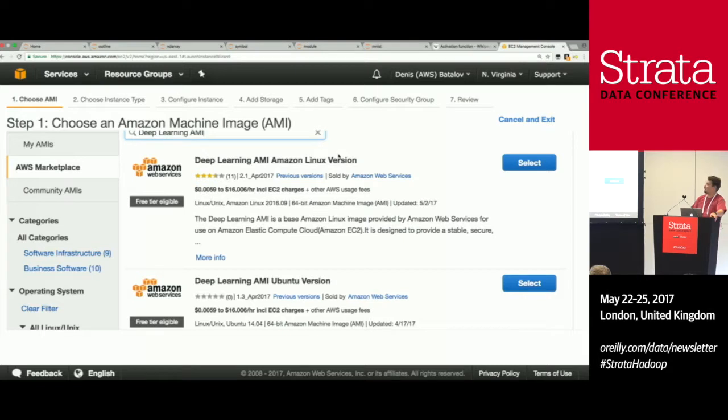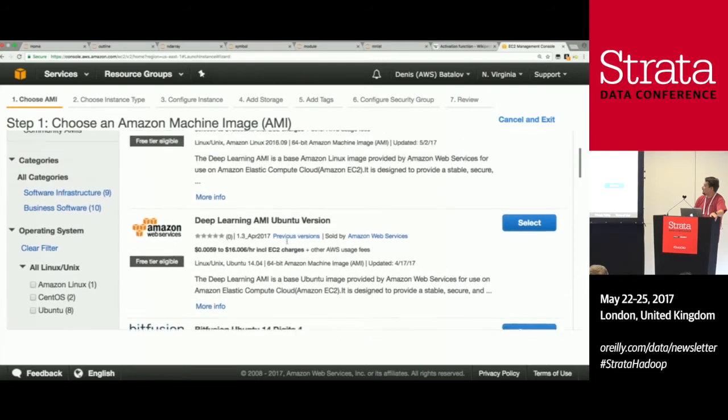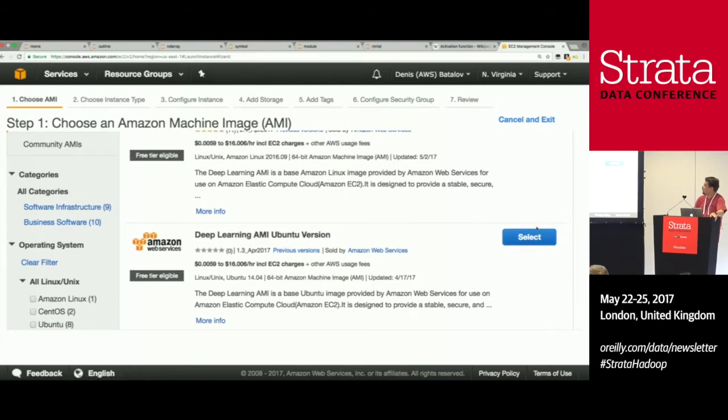One of them is a Linux version, Amazon Linux, and the other one is Ubuntu. So depending on which you are more comfortable with, launch that one. I think the instructions on that web page actually point to the Amazon Linux version. But I hear Ubuntu is really popular, so don't hesitate to jump there as well. And once we select one of these two, the Deep Learning AMI Ubuntu version, let's say,